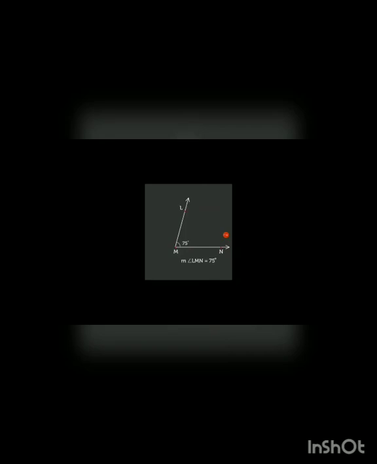So we found that it is between 70 and 80. The middle point of 70 and 80 is 75 degrees. In this way we can measure our angle. Quite a simple process. You have to follow a few steps. 4 steps you have to follow. Basically 3 steps, and in the 4th step you will get your answer. Clear? Let's do one more example.